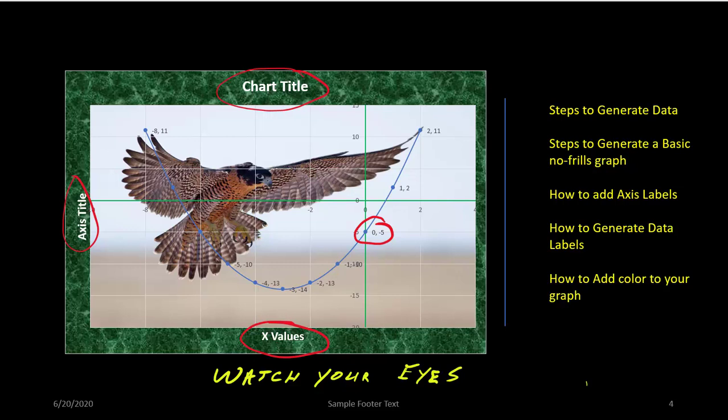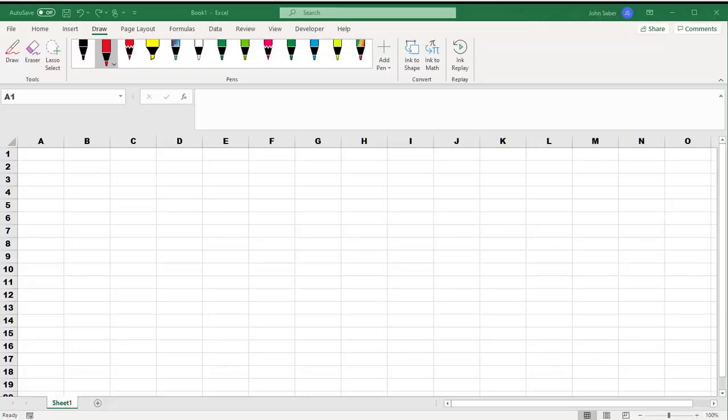You may want to watch your eyes for a second because we're going to go to Excel and that screen is pretty white, pretty bright. And it looks like this. Each of these little boxes inside this grid here are called cells. And this first cell right here is cell A1. I'm just going to go ahead and enter a number in there,